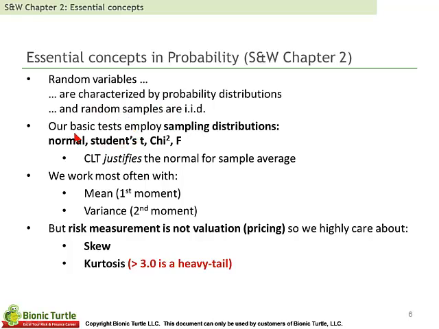random sample. Our basic tests employ the so-called sampling distributions, of which there are 4. The normal, also known as the Gaussian, the student's t, which looks a lot like the normal, it's just a little heavier tailed, and the chi-square, and then the F distribution. Now, it's well known popularly that the normal distribution doesn't really characterize asset returns in the real world. So we know that if we're assuming a normal and the actual asset returns are fat-tailed, then we're going to underestimate the magnitude and likelihood of a loss. However, I remind you, and this is in the Stock and Watson, that the central limit theorem justifies the normal distribution for the sample average. So that chapter goes into some more theoretical